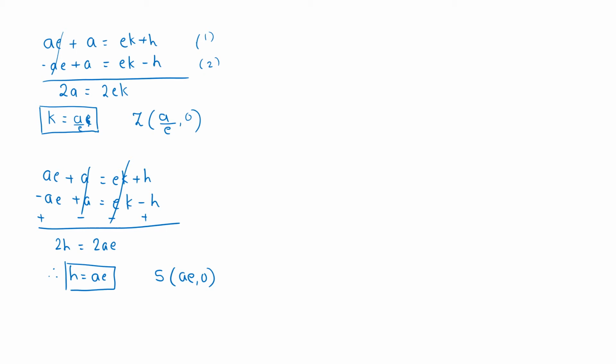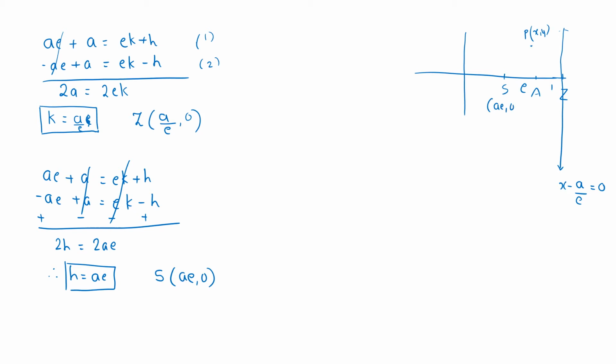Just to figure out, I'll roughly draw the points which you have drawn. Now see, अगर ये e is to 1 है, so by definition a is on ellipse. Correct? ठीक है? अब z के coordinates मुझे पता है, so I know the equation of z. क्या आएगा z? x minus a by e equal to 0. Now what will I do? I'll assume any point p on the ellipse. I'll assume that P(x, y) is any point on the ellipse.